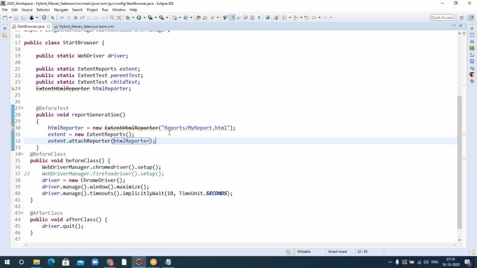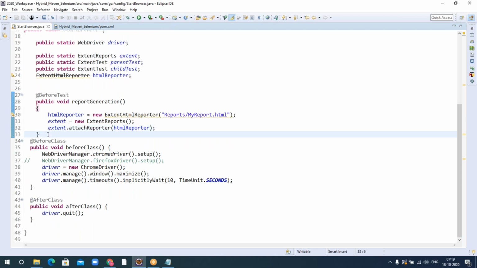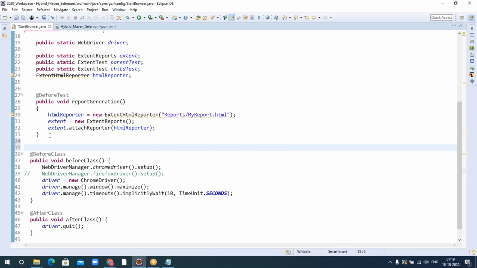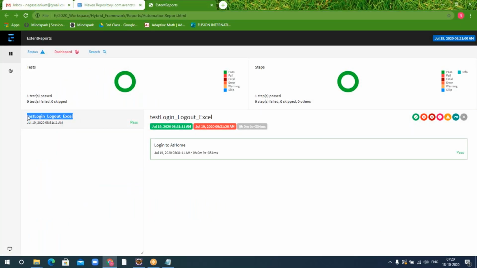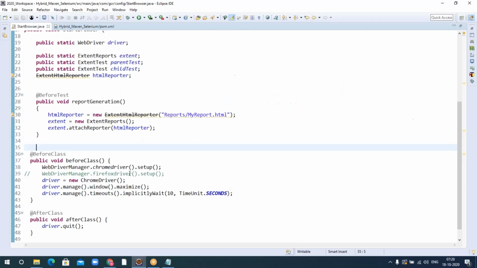Okay, that is done. And one more thing I need to add is, if you see the previous HTML report which I showed you here, this is having some method name. This is the name of the method. Actually, this is what we need to pass. So instead of hard coding, I will automatically get the method name. For that I have another annotation, the before method.